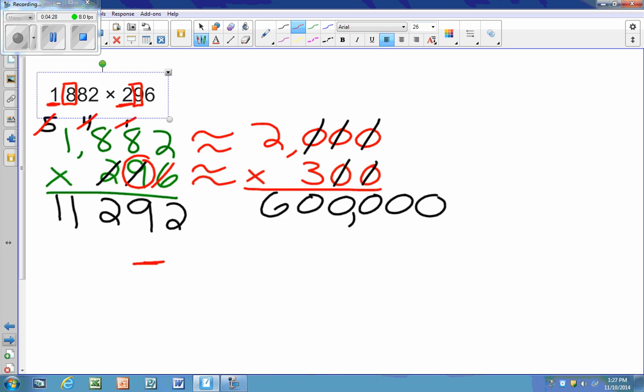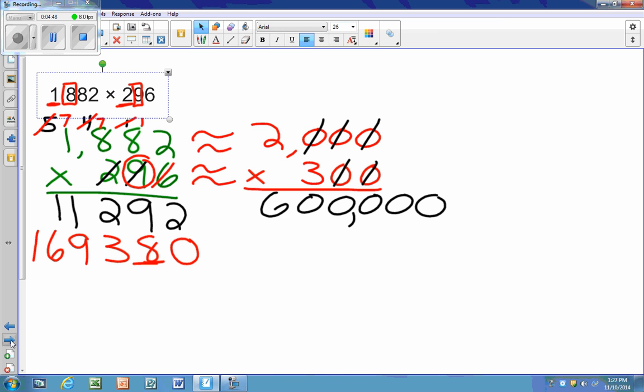My 9 is in my tens place, so I put a 0. 9 times 2 is 18. I carry the 1. 9 times 8 is 72, plus 1 is 73. I carry the 7. 9 times 8 is 72, plus 7 is 79. I put the 9 down and carry the 7. And 9 plus 1 is 9, plus 7 is 16. Now that I'm done with that number, I go through and I cross off all the numbers that I used on top, cross off my 9 and move on to my